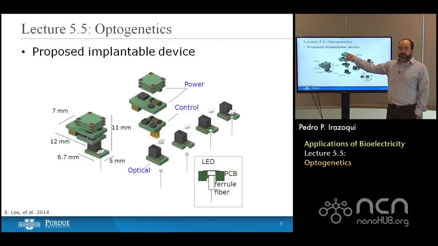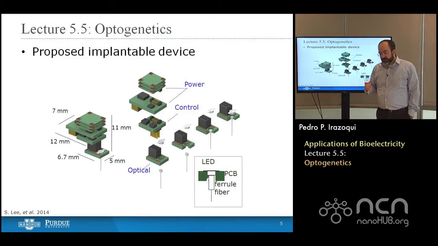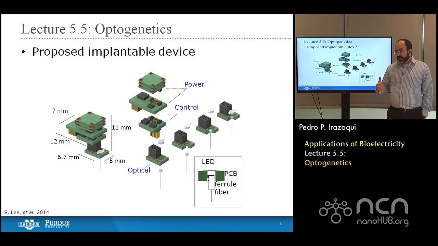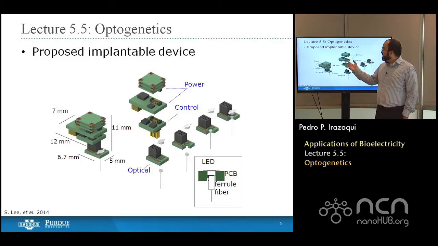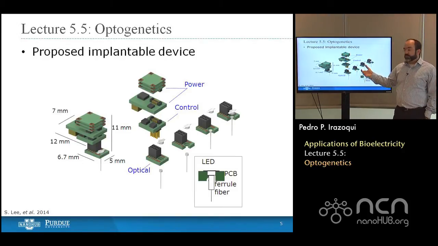You have a stack of batteries or supercapacitors. You can use either one. Shown here is thin film lithium batteries, which can be combined with an interface board containing a capacitor to help with the battery. So batteries have very high energy density, but they have very low power density. So they're very good at supplying energy over time, but they're not good at supplying peak currents. That's what power density is for. Capacitors are good at power density, but they're bad at energy density. So by combining a battery with a high energy density with a board that has a capacitor for the high power density, you get the best of both worlds in a combined power supply.